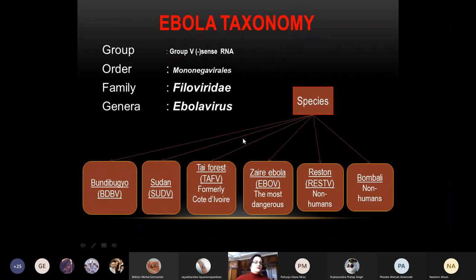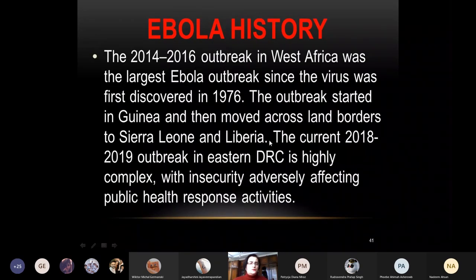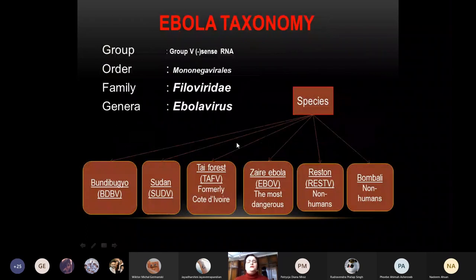The virus family Filoviridae. Yes, the virus family is Filoviridae, a group of RNA viruses, order Mononegavirales, family Filoviridae, and genera Ebola virus. And what species of this Ebola virus? The Filoviridae family includes three genera: Cuevavirus, Marburg virus, and Ebola virus, but the most often discussed is